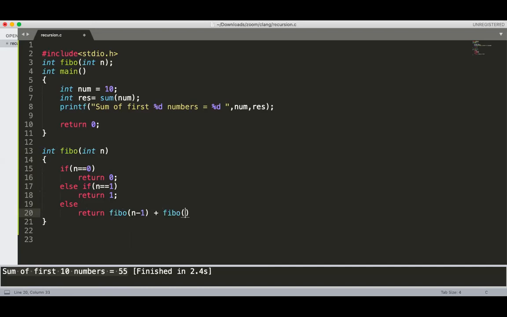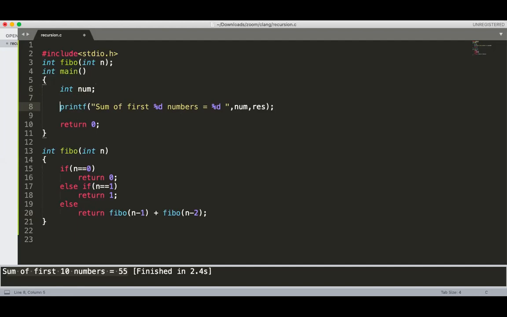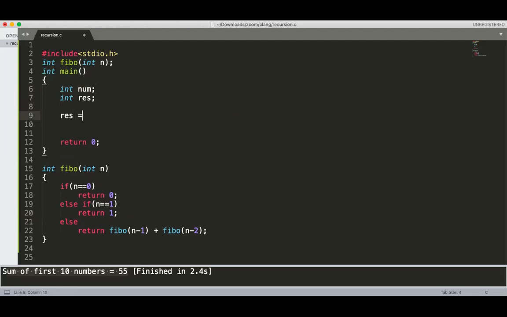Okay. So integer num, and here suppose we require one integer res, and res is equal to Fibo of num.